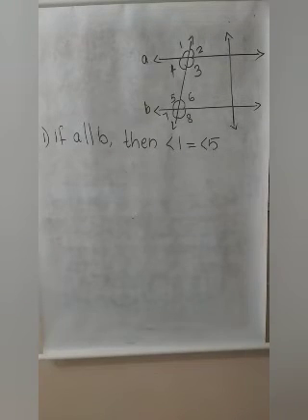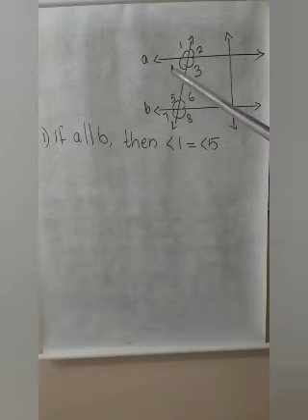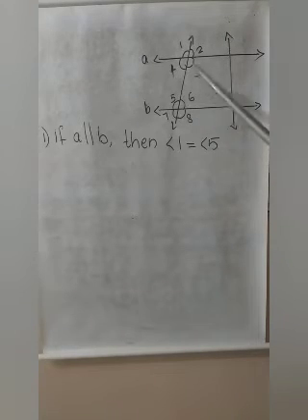So first we can look at what is all given in the figure. What is A and B? These two lines are A and B, and here we have two transversals, but don't take care of these transversals. Just consider only this transversal. Which are the angles formed by the transversal? Angle 1, 2, 3, 4, 5, 6, 7, 8. So 8 angles are there, 2 lines are there, and 1 transversal.